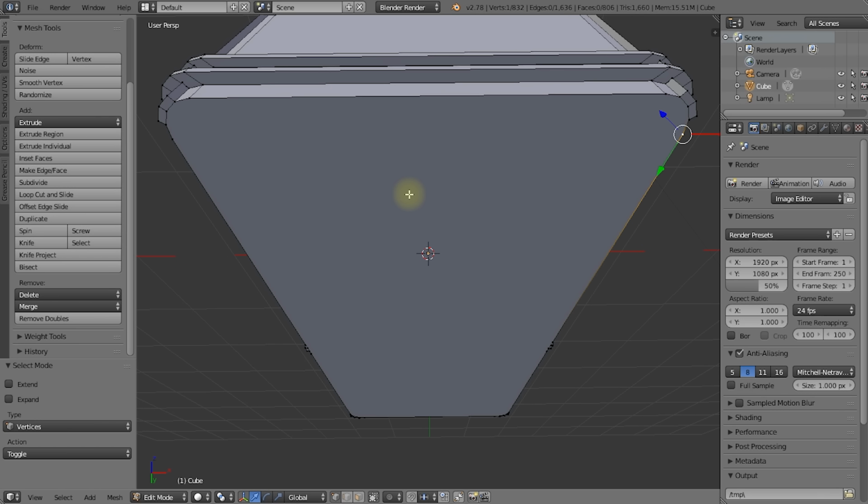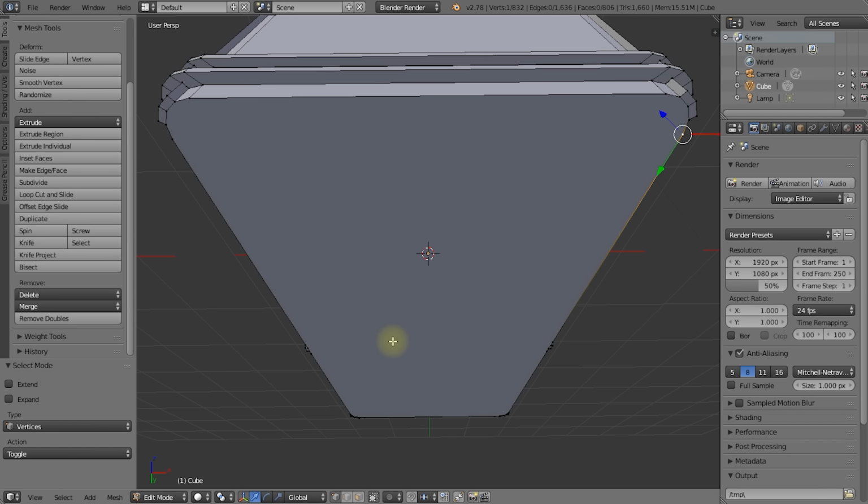And the reason that is a problem is because n-gons, as well as triangles, don't subdivide and deform very nicely. So if you want to add more detail with sculpting to this mesh, it might be difficult. Or if you're animating it, triangles especially, they kind of distort really weirdly. It doesn't flow nice. It's difficult to animate and can give you lots of weird artifacts. So ideally, you would want to turn every face on your mesh into a quad, a polygon with exactly 4